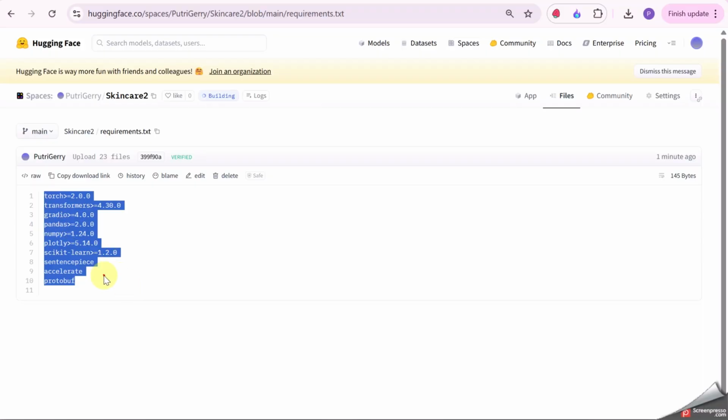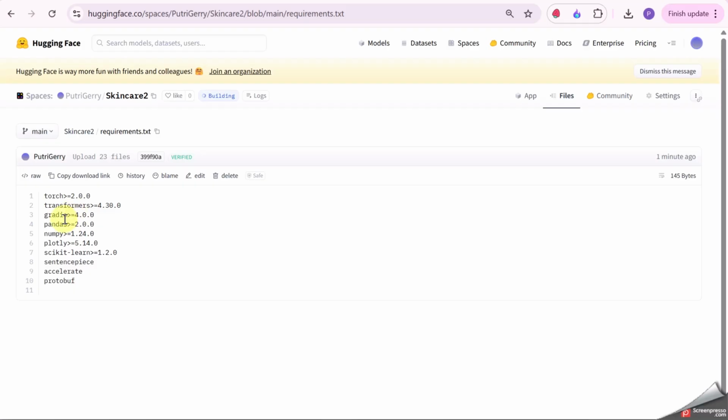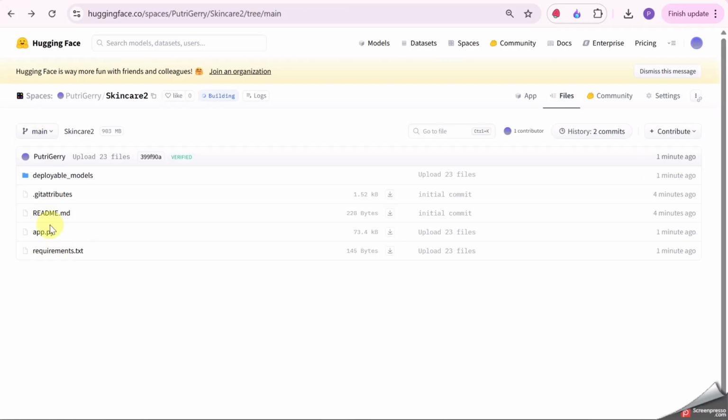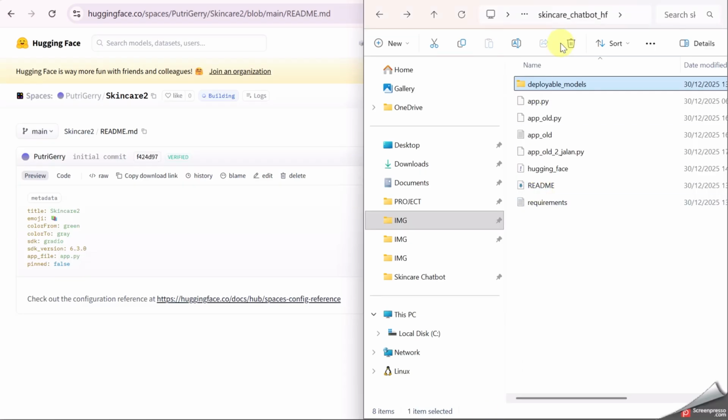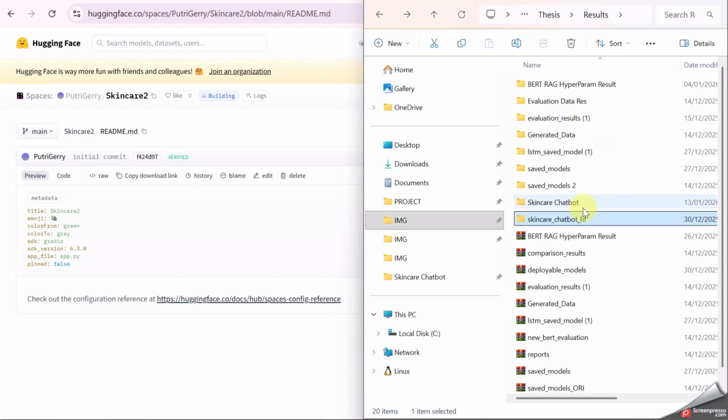Okay, if there is an installation that is not successful or not compatible, the building process will fail and an error will occur. Next, since it is still the default readme from the space that I created, I'm gonna copy paste from my own readme that I have.